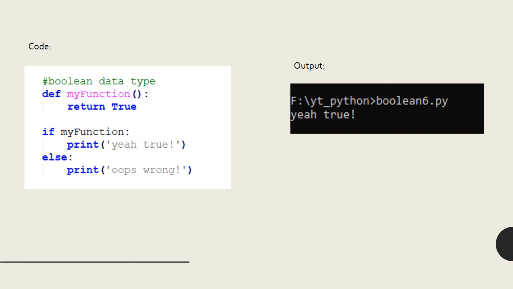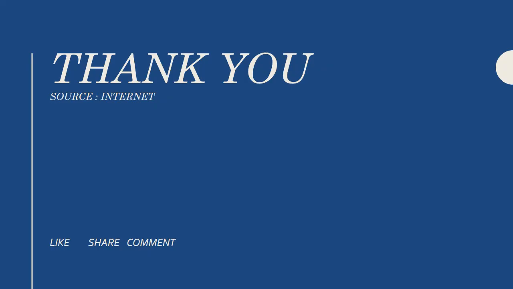So if the value from the my function will be true, then it will print the true, and if that will be the false value, then else part will be run. So here we are returning true value, so the Python will run the print function above the else, which means true statement will run. So we will get the true as an output.